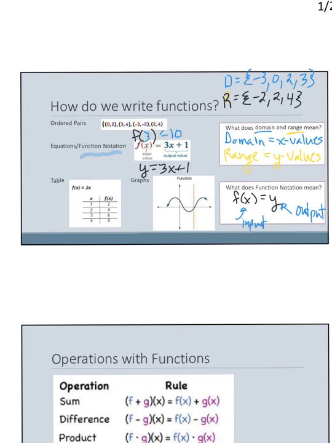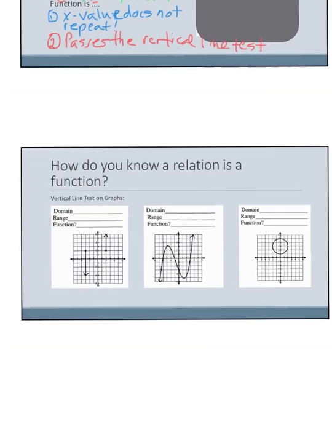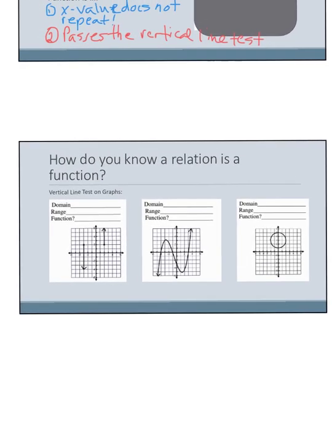Then let's look at, how do you know a relation is a function when you look at a graph? So we're going to apply the vertical line test. So as you can see here, it's asking you to apply that vertical line test. So you're going to apply a straight vertical line anywhere through these graphs to see if that vertical line touches the graph more than once. If a vertical line, as you move it across the graph, touches it anywhere more than once, it's not a